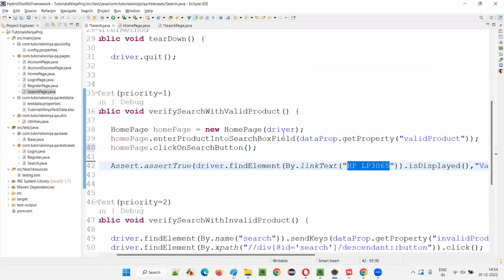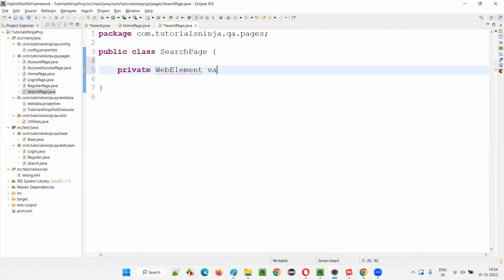What is on the search page, guys? First, copy this link text locator. This is a valid product. Valid HP product, I'll say. Otherwise,